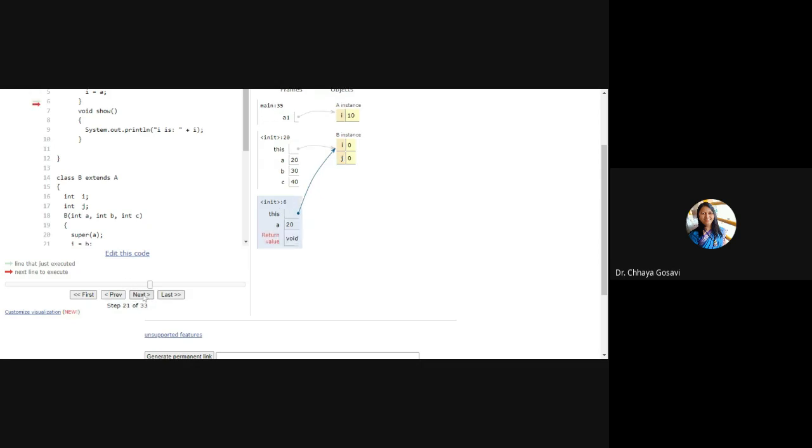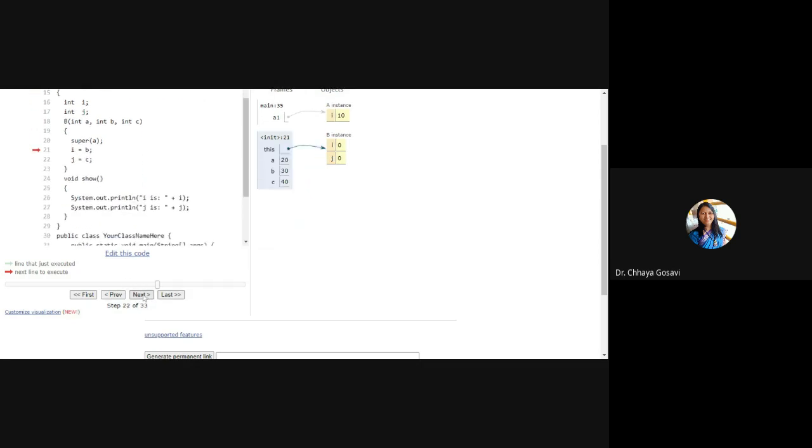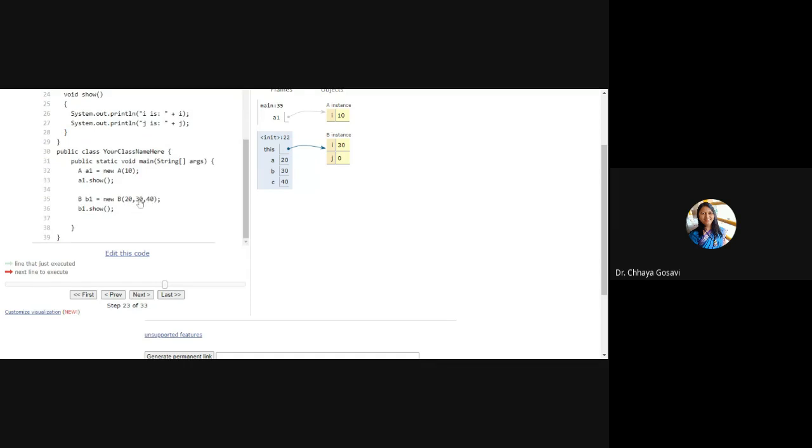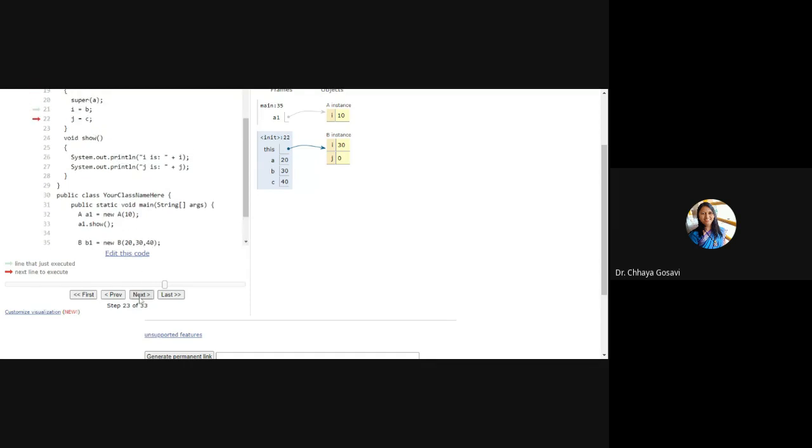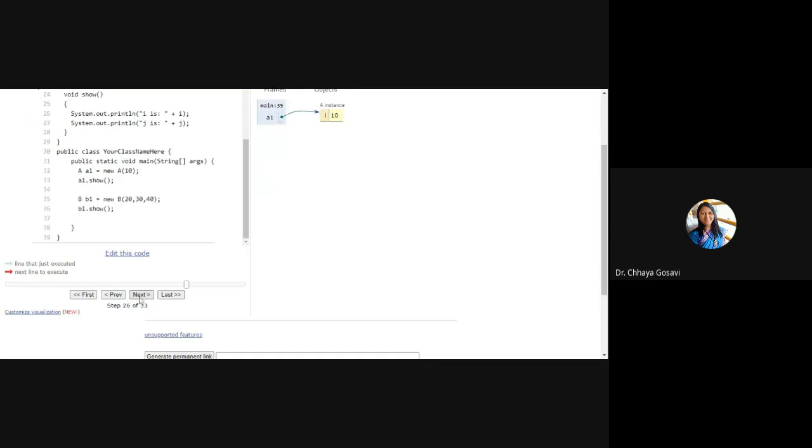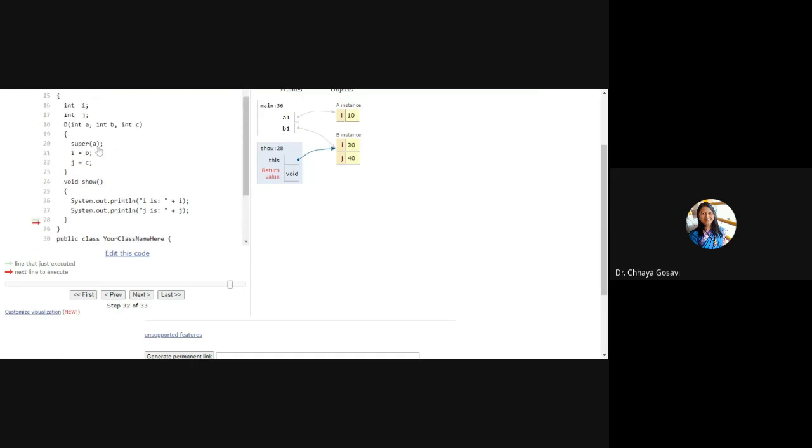It will initialize this i, which is not shown here, but this i is b, which means 30, and j is 40. The show method is just displaying i and j, so it will display 30 and 40. And what about 20? Where is 20 initialized and how do we display this 20? We have assigned this 20 to super a.